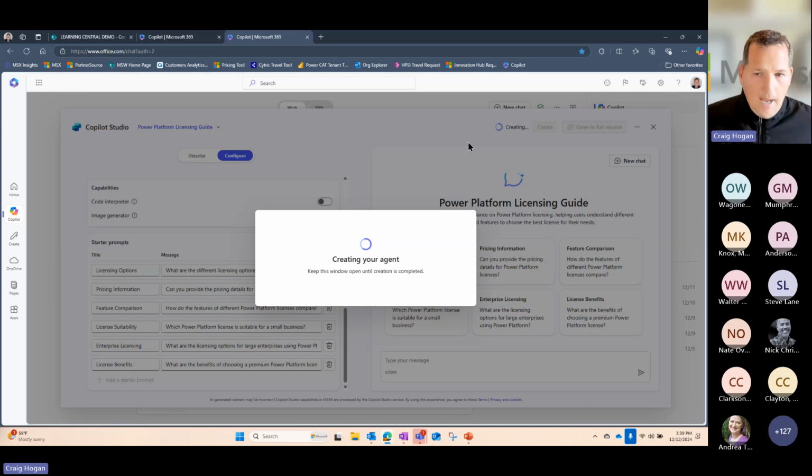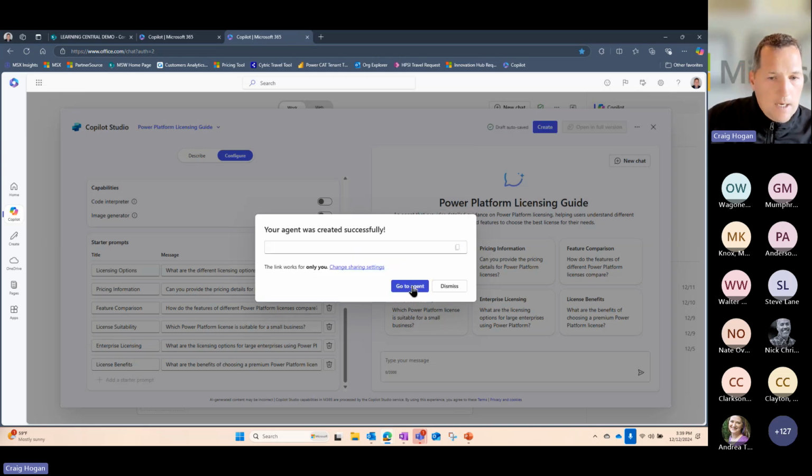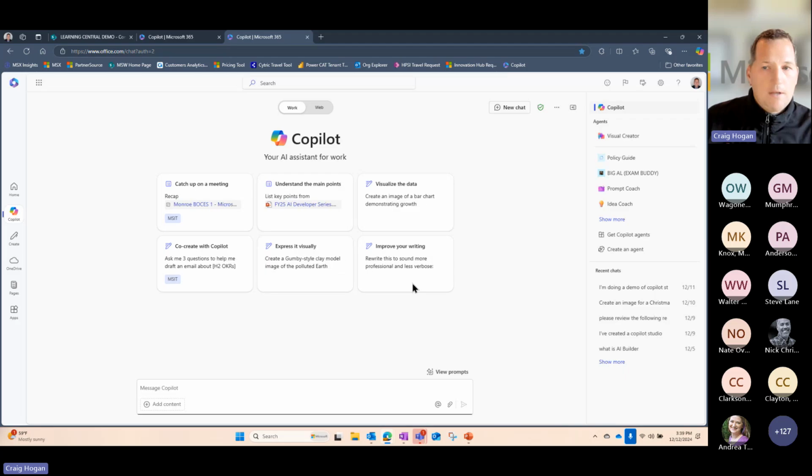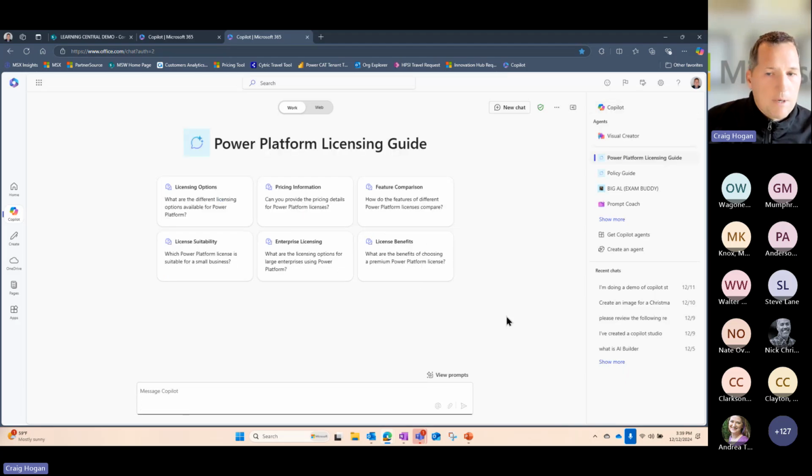So I've now got this agent. I can now start interacting with this agent. I can go to it. So you saw it said in there, I was only sharing it with myself. The other thing I can start to do, you know how within Copilot, I can at people, I can reference files. Now I can reference an agent.